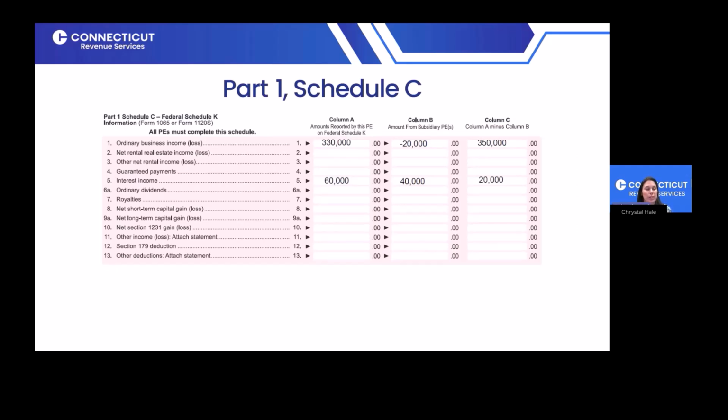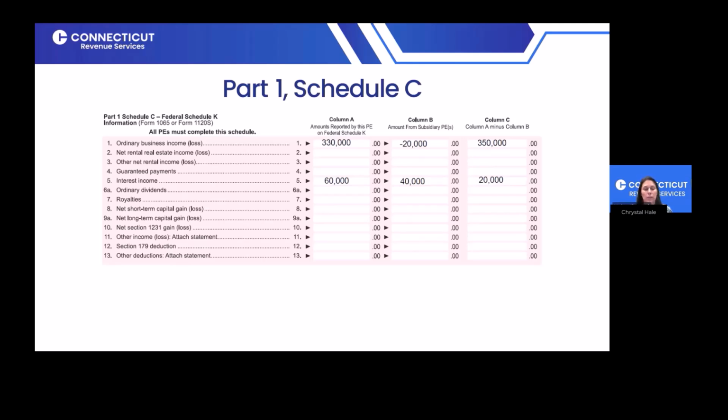Next, we'll complete Part 1 Schedule C. And this is where we're going to pull out our federal amounts from our subsidiary PEs. So this should look familiar as the PET return that we just completed, Part 3 Schedule A. So we're going to take in column A the amounts reported on our federal Schedule K. We have ordinary business income of $330,000 and interest income of $60,000. In column B are the federal amounts from our subsidiary PEs. We had an overall ordinary loss when we add income from ABC and XYZ of $20,000, and then interest income of